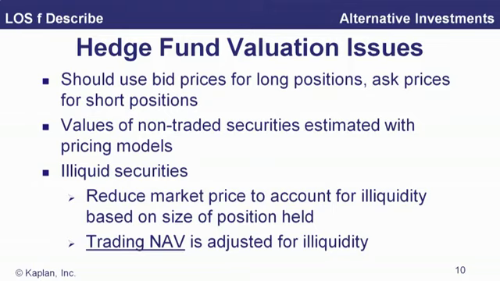There's something called trading net asset value. So hedge funds in their accounting, they need to do net asset value according with all the securities rules and everything like that, but they'll also report a trading NAV in which they adjust these positions for their illiquidity. So it's an example of more transparency, more information being available to investors.